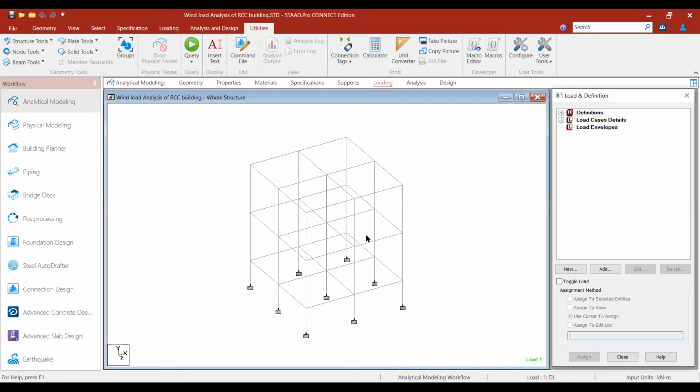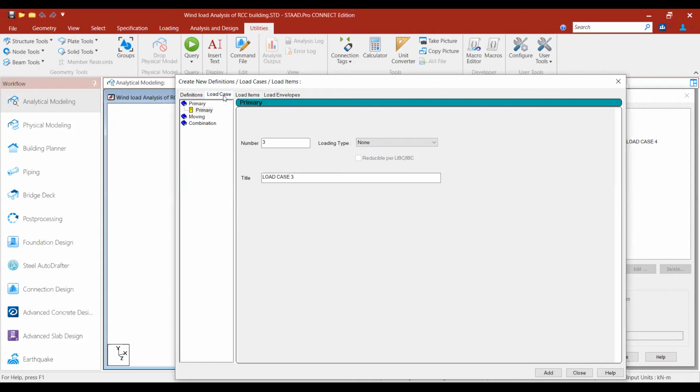You can see here, now the load combination is 4. Why I am changing this is that we can write the wind load for load case 3. Load case 3 is for wind load, and the combination load is 4. Now you apply the new load case. 3 is wind load, here capital WL.